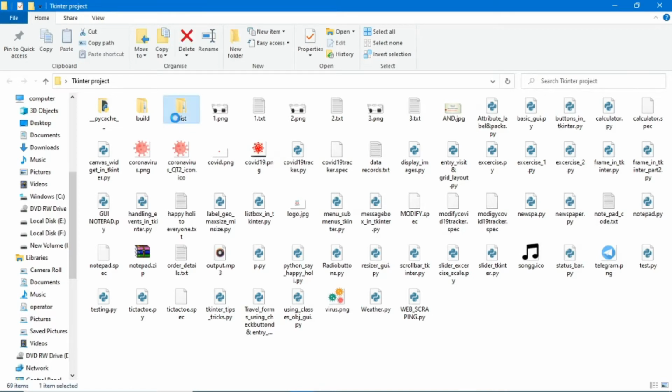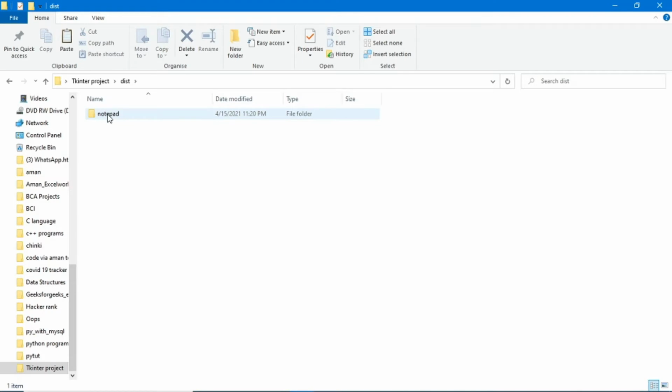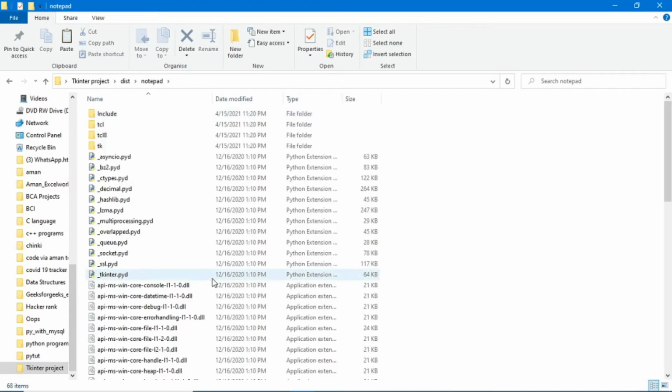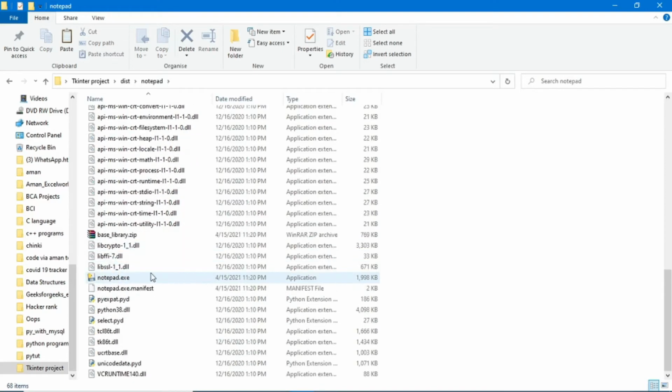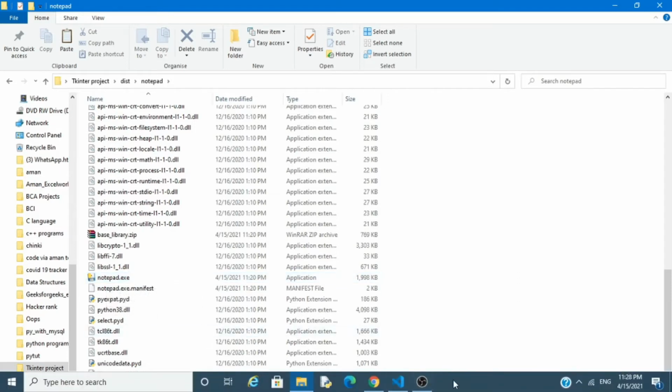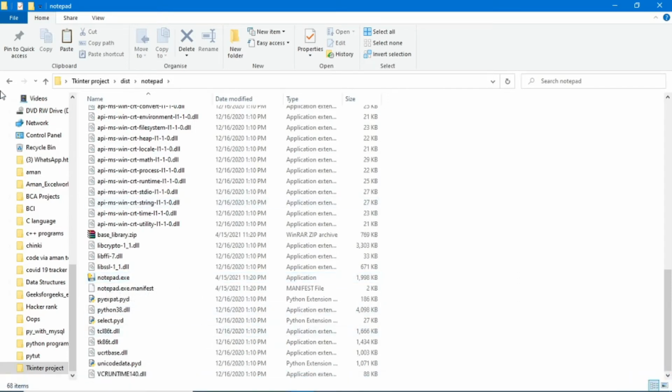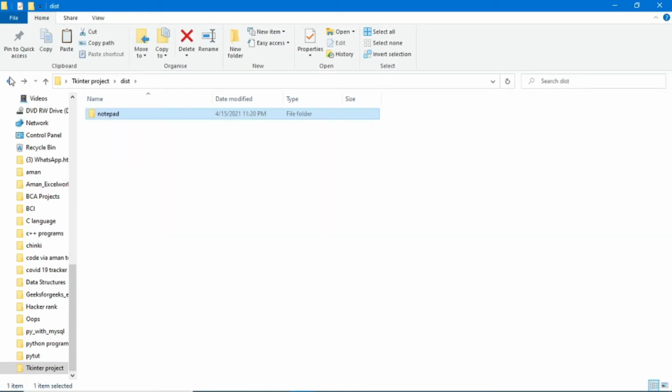In this folder, then notepad, you can see the software is already done as an exe file. So guys, how do we convert into an exe file? Don't worry guys,